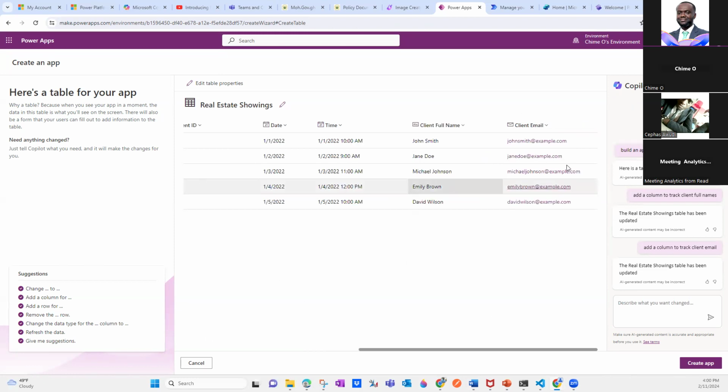So it's gone off and curated that column for us. If you look at the bottom left-hand side of the screen, there are so many suggestions the Copilot AI can make, things like add a column, add a row, remove, which you can use.